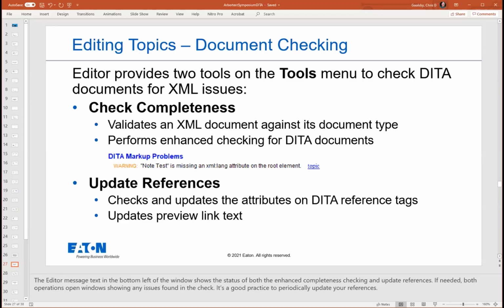It'll make sure that they're still valid. If they're not valid, it will actually update the markup in your document to make it valid, without you having to do anything. It'll again update the preview link text. So if you look down at the bottom of your editor window to the left, there's the message text area,